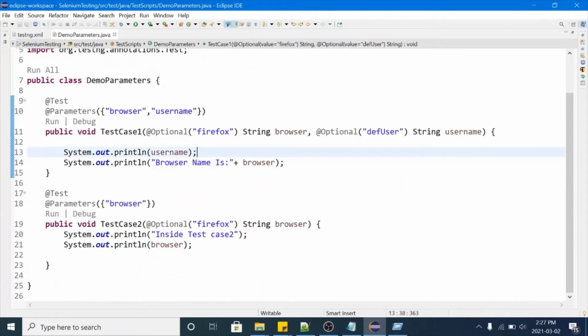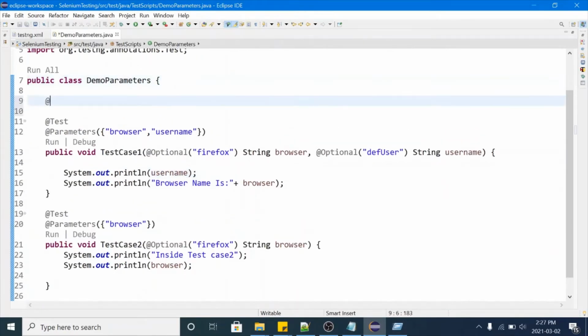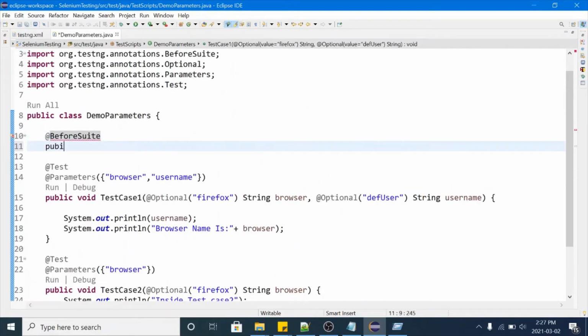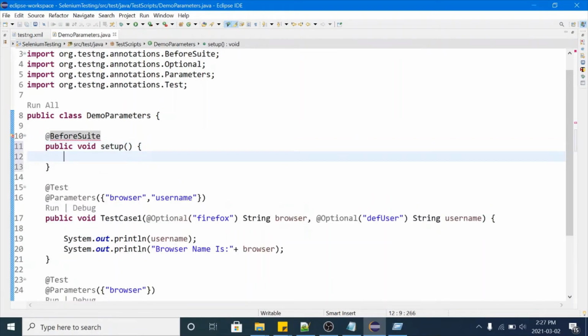So let's suppose I have one before suite annotation here. I will name this method public void setup. In your projects you have a before suite annotation setup method in which you configure your prerequisites.